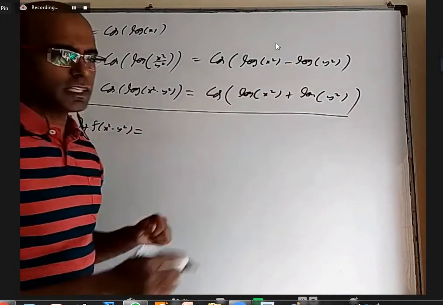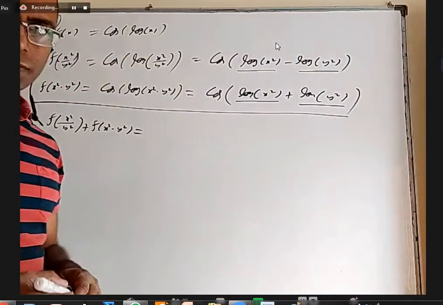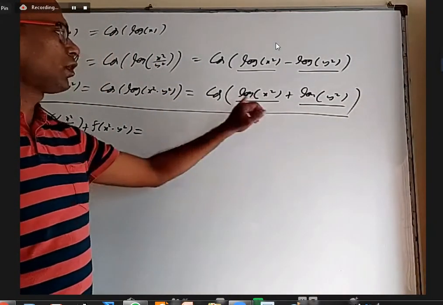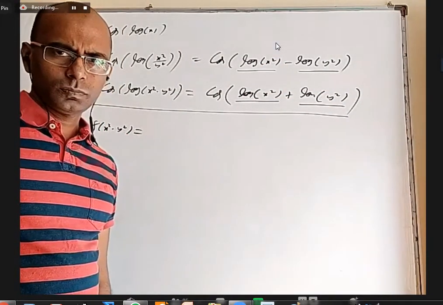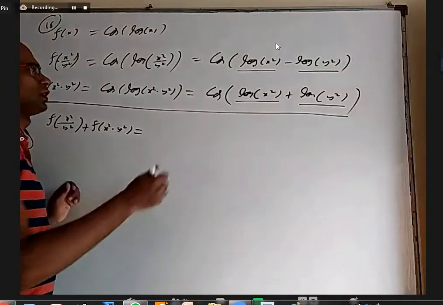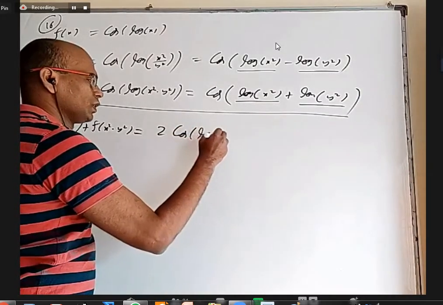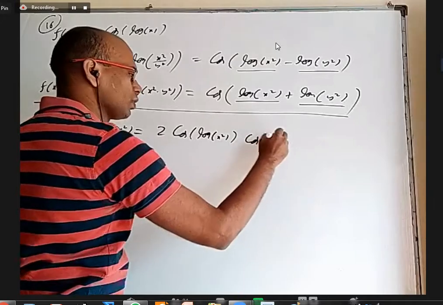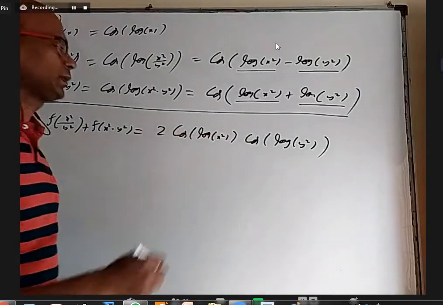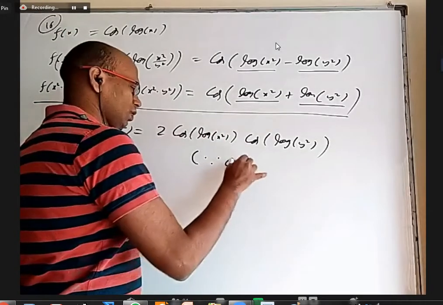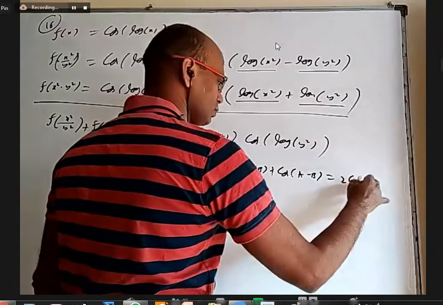This is like cos a minus b. This whole thing is like a, this whole thing is like b. Okay, in transformations or even in compound angles, what is cos a plus b plus cos a minus b? What is the formula? 2 cos A cos B. Yes, so cos a minus b plus cos a plus b is 2 cos a cos b, which is 2 cos log x square into cos of log of y square. I can even state the formula: cos a plus b plus cos a minus b is equal to 2 cos a cos b.